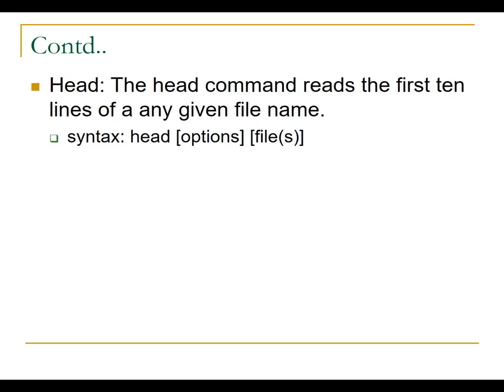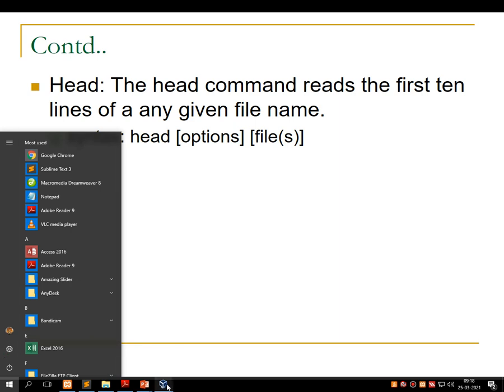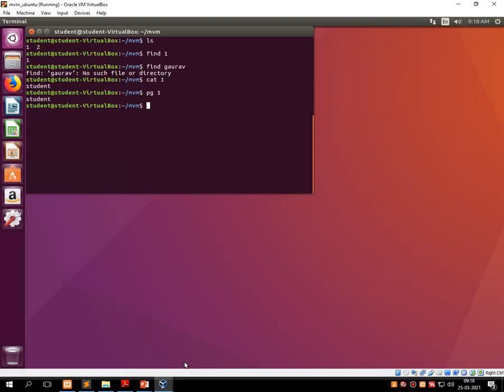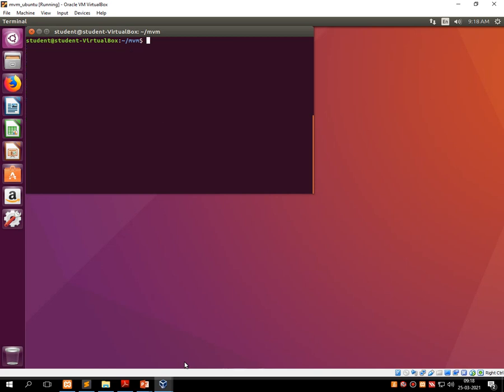Next one is head. The head command reads the first 10 lines of any given file name. Say for example, let me show you first how many files we have. Right now we have only two files, that is 1 and 2.